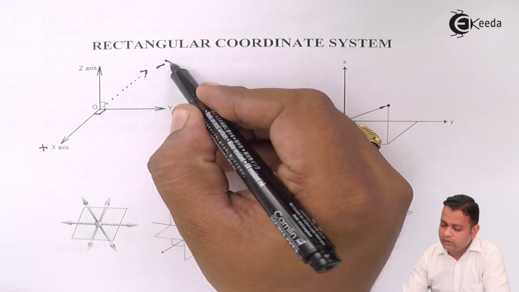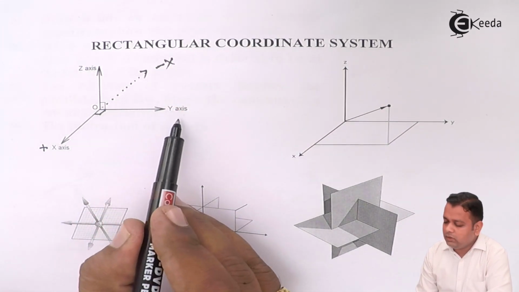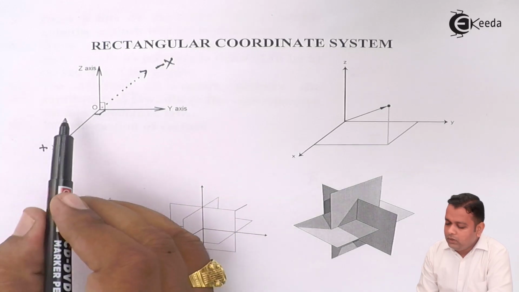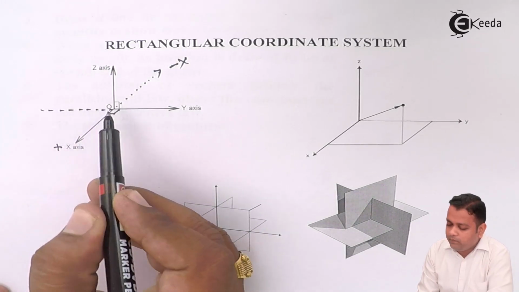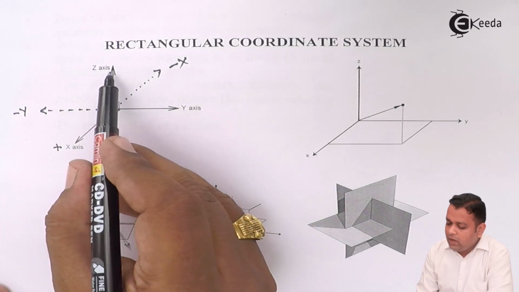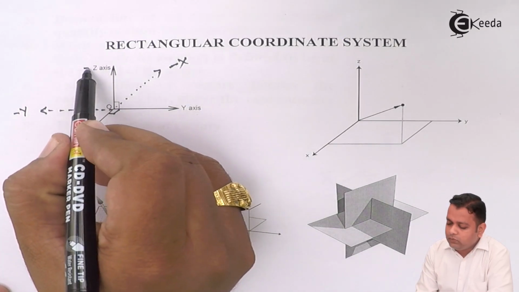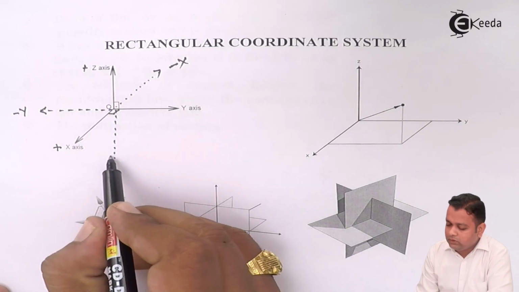This is minus x. The y-axis in this direction has positive orientation. The negative side can be shown by a dashed line. This is minus y. The z-axis has a positive side. The negative side can be shown like this,